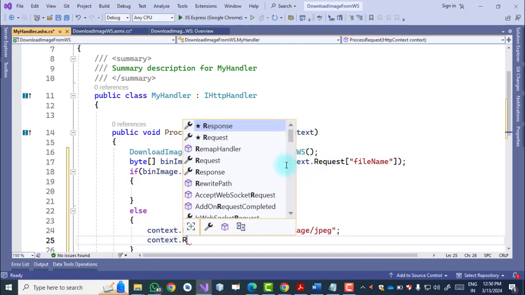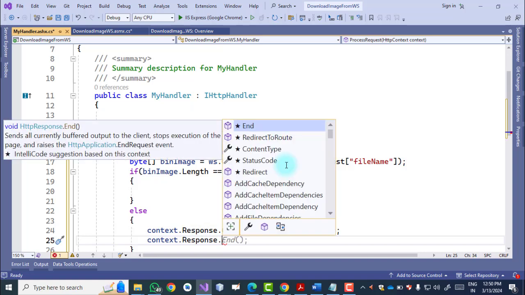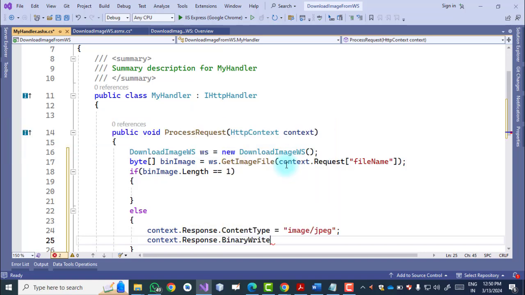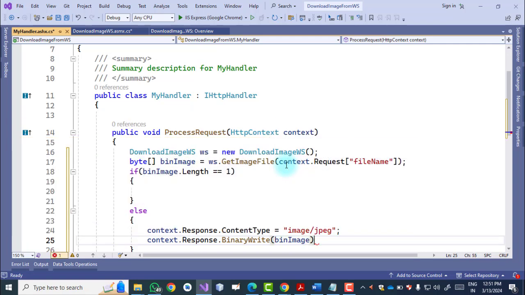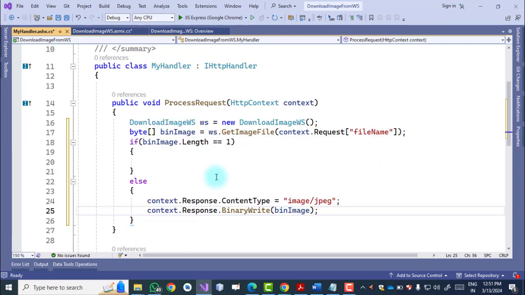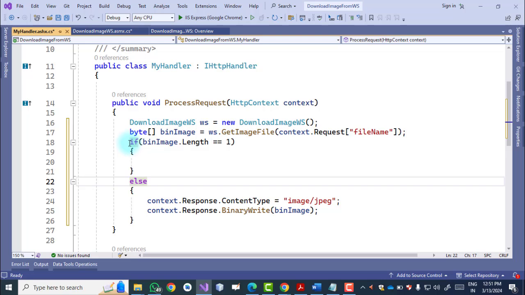Context dot response dot binary write, and we send this file binary image. So now this is my handler code, right? Handler is responsible to call the method from the web service and check whether the file has length equal to 1. That means we do nothing, कुछ भी यहाँ नहीं करना है.